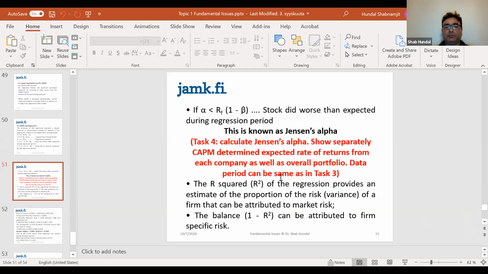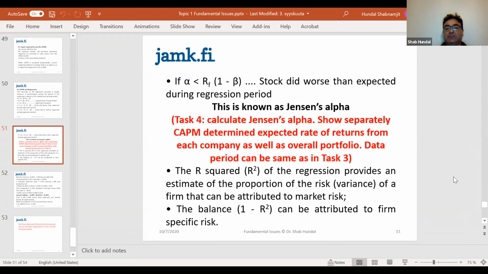Don't worry too much about the theory behind it, but of course, I shouldn't say that. You should know the theory behind Jensen's Alpha. But the main thing I want to emphasize is that you shouldn't worry too much about this mathematical equation. That's not something you should be too worried about. But the theory of Jensen's Alpha is that